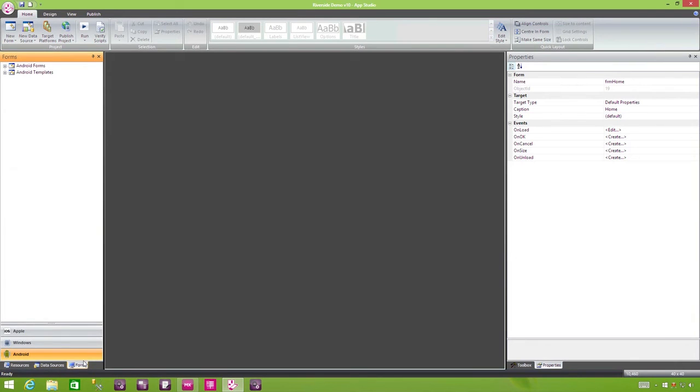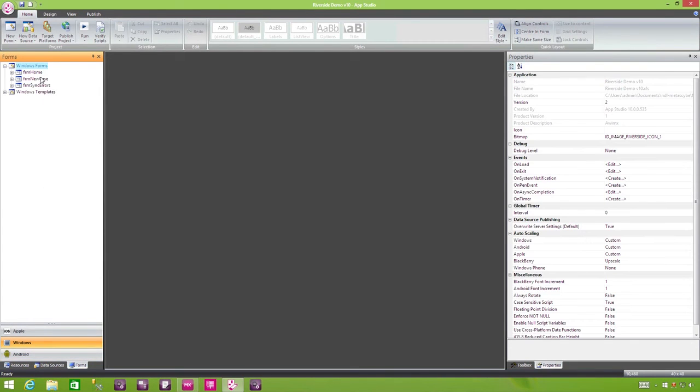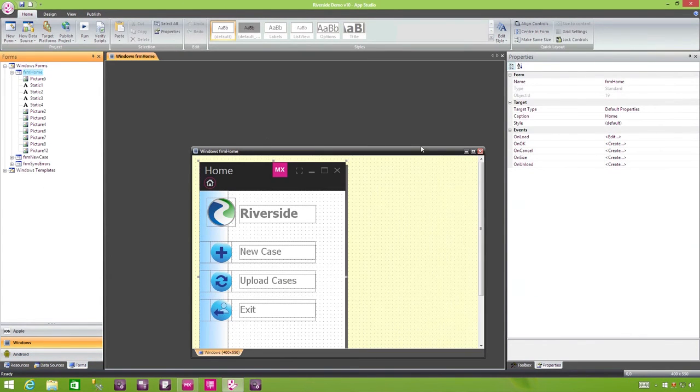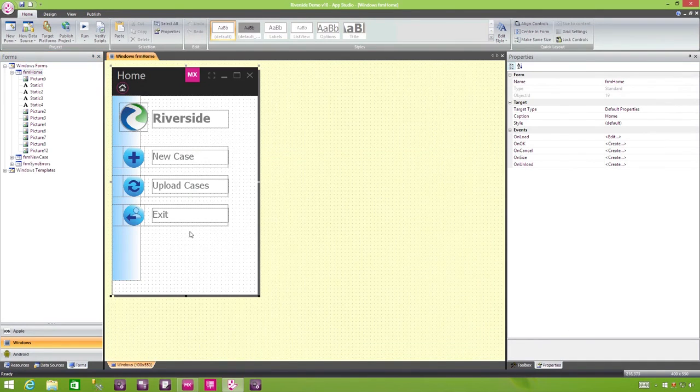So there we go, we've added our additional platforms. To double check this, I've gone to Forms, and we can see if I go to, say, the Windows platform and open up the home screen, there we can see our home form. You can see things don't quite fit. That's because the controls have been copied between the platforms, but the layout does not reflect the positioning properties we